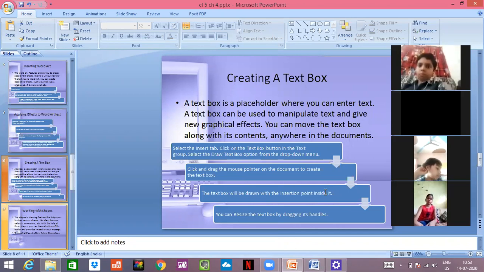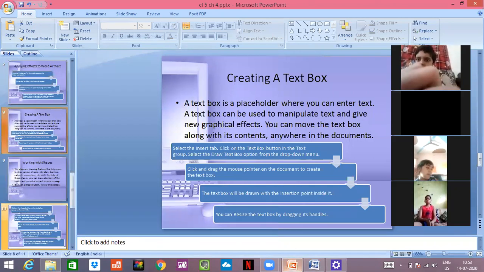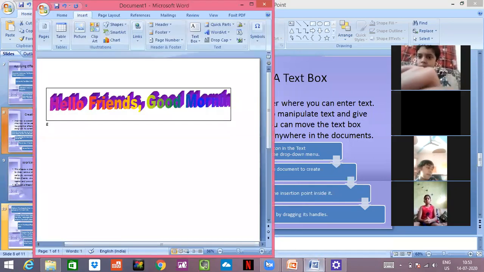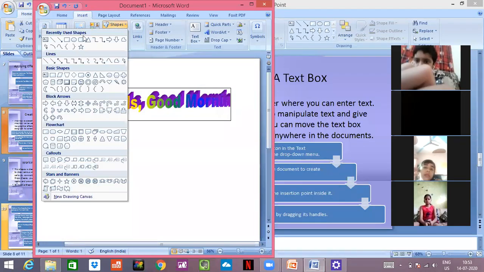And for changing your style, you have to click on the home tab. So please don't forget that. Now, for today, the last thing would be inserting shapes. Everything is present on the insert tab. You have to just click on shapes.